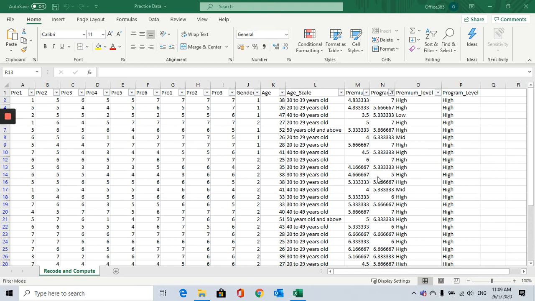We're going to look into how to do two functions in Excel. First, we're going to look into how to do recode. The idea here is how can we recode this variable from age into age scale. And the other one is, when we have done the recode, we want to compute two